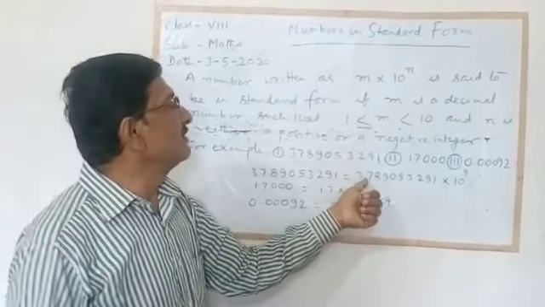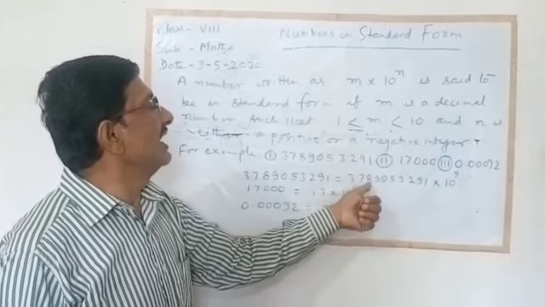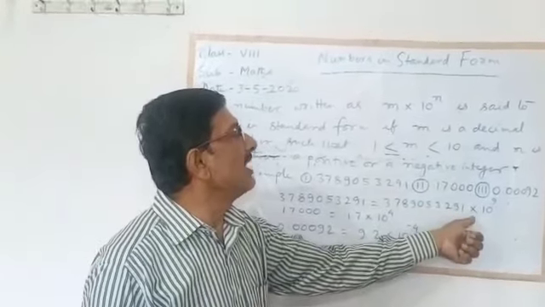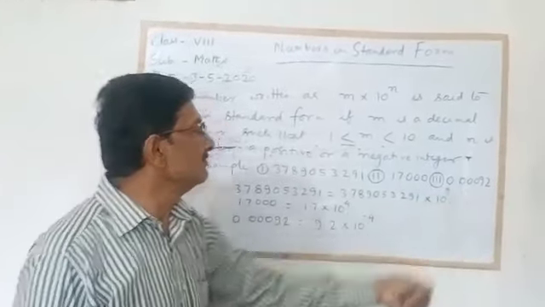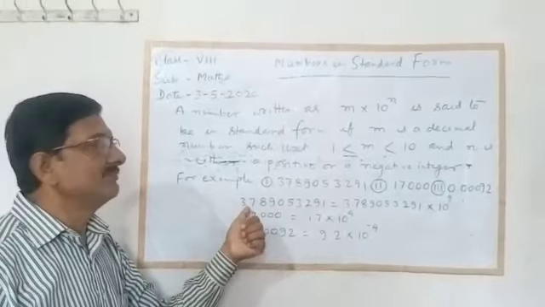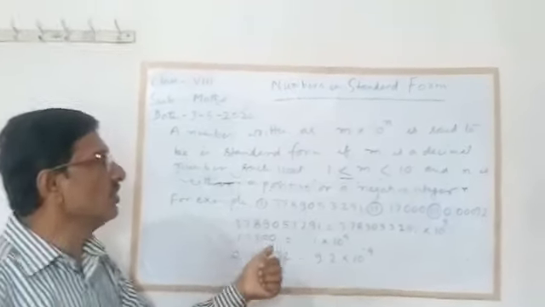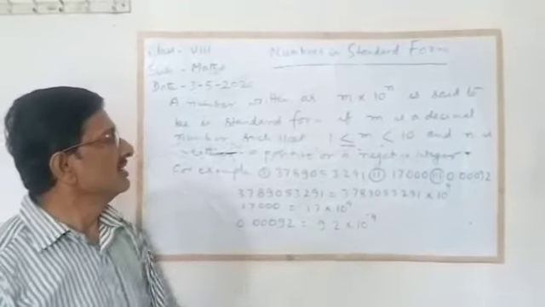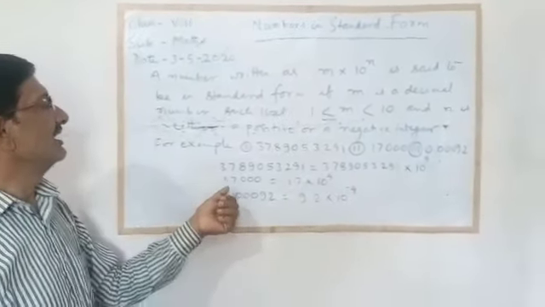So that will be equal to 3.789053291 into 10 to the power 9, because we have shifted the decimal 9 digits back. So this is the number in a standard form. In the second example, it is